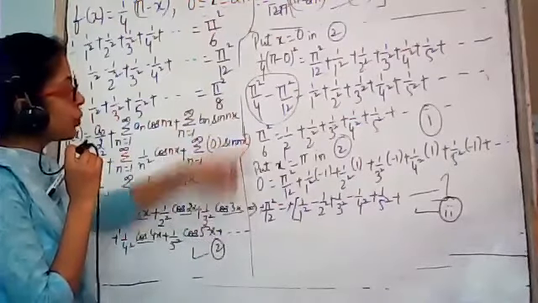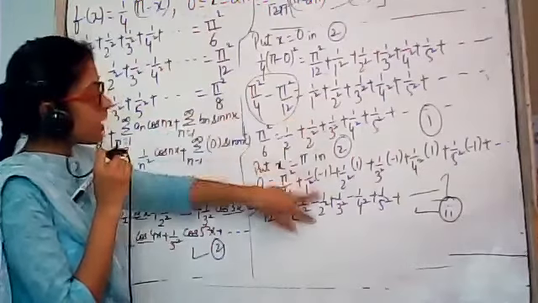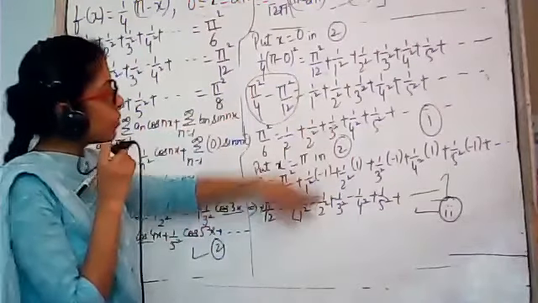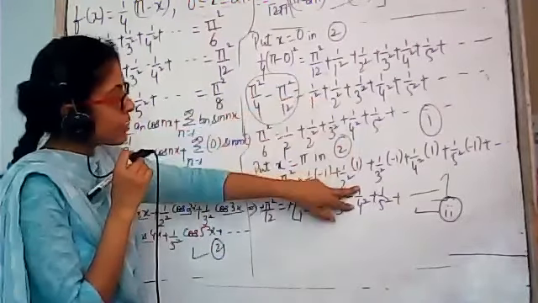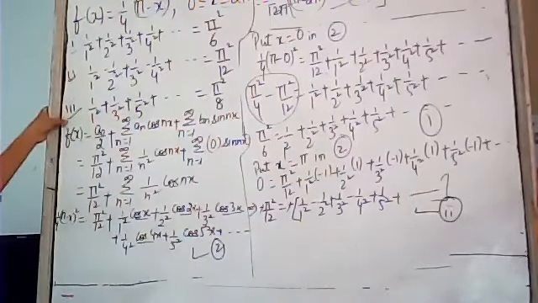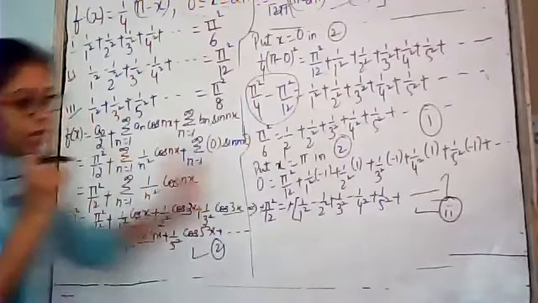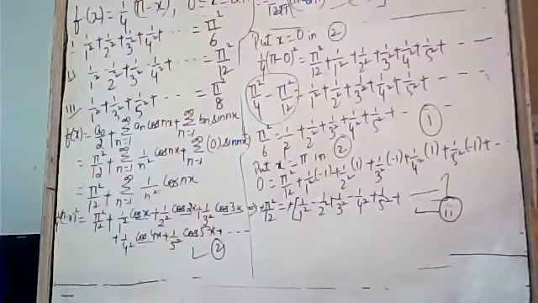Add these two results. Look, when you add the results, plus 1 by 2 square and minus 1 by 2 square will cancel out. Plus 1 by 4 square minus 1 by 4 square will also cancel out, and you will get this required result, result number 3. After that, write it down: add result number 1 and result number 2, and you will get the required result number 3.